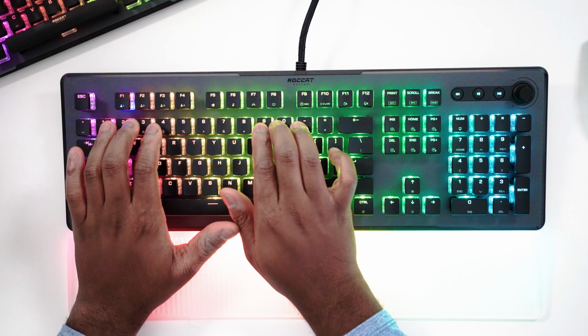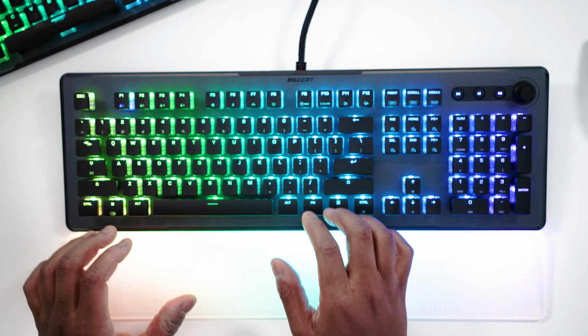Now, as far as the sound, these keyboards, they do sound pretty decent. They're not very hollow sounding in my opinion. I do think that the stabilizers are done